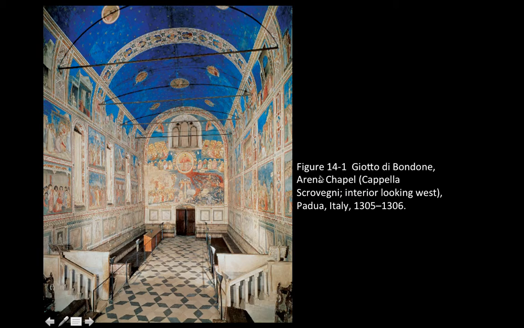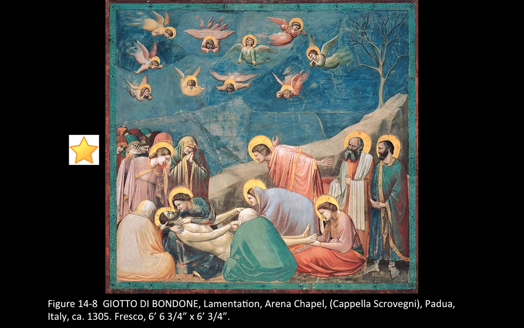So this here is the Arena Chapel in its entirety, and you can see that every area of the chapel has been decorated by this artist who is commonly known as Giotto, or Giotto di Bondone is his full name. Giotto was hired by the Scrovegni family to paint the entire interior of this chapel, and they allowed him room and board for as long as it took for him to paint this chapel as beautifully as possible. The work that he did in there is commonly accepted as the first, quote-unquote, Renaissance paintings.